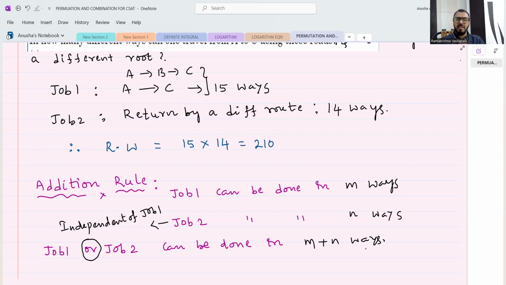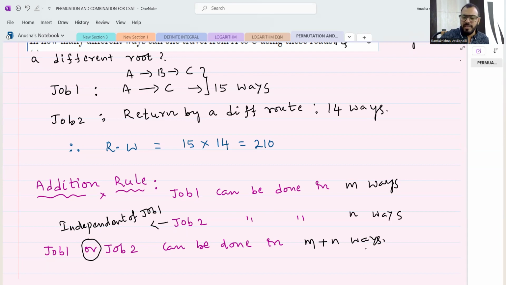Which means that the previous one is the multiplication rule, because job 2 can be done after performing job 1, whereas job 2 depends upon job 1. Here, job 1 and job 2, no way they are related. They are completely independent. Like, for example,